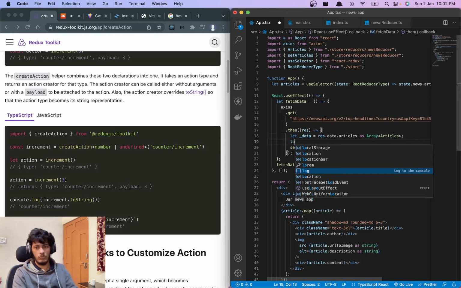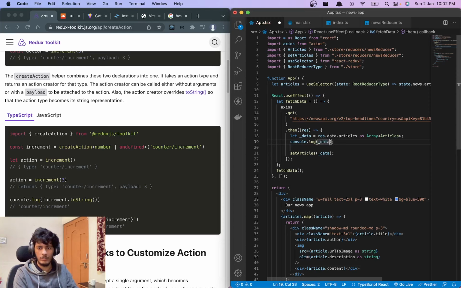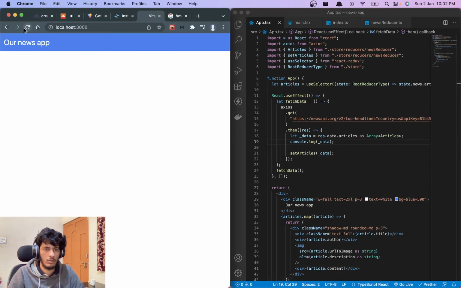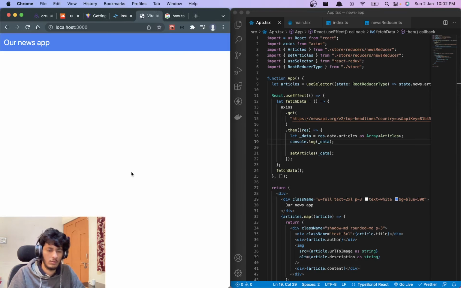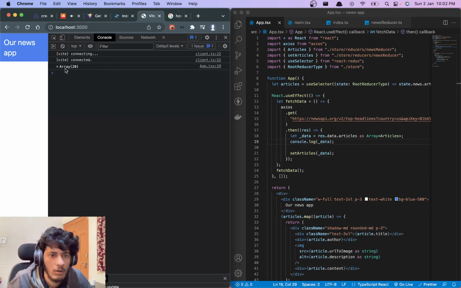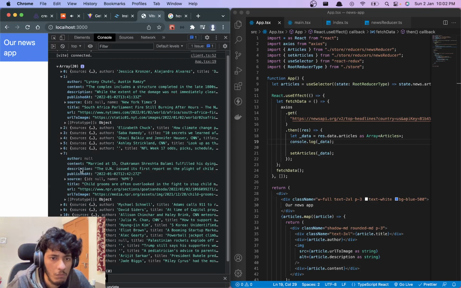Why is it not going there? Of course, we have the data, and why is it not visible? That's the problem.